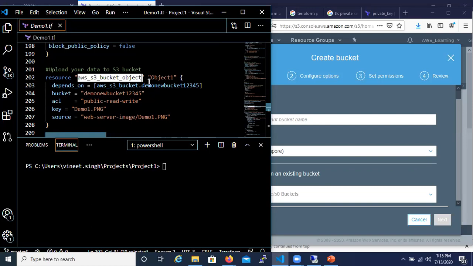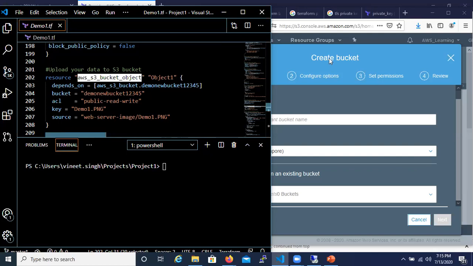These resource types are all provided on Terraform's website. You just need to know how to implement the technology, and if you just try to find out this specific information, you will get it.